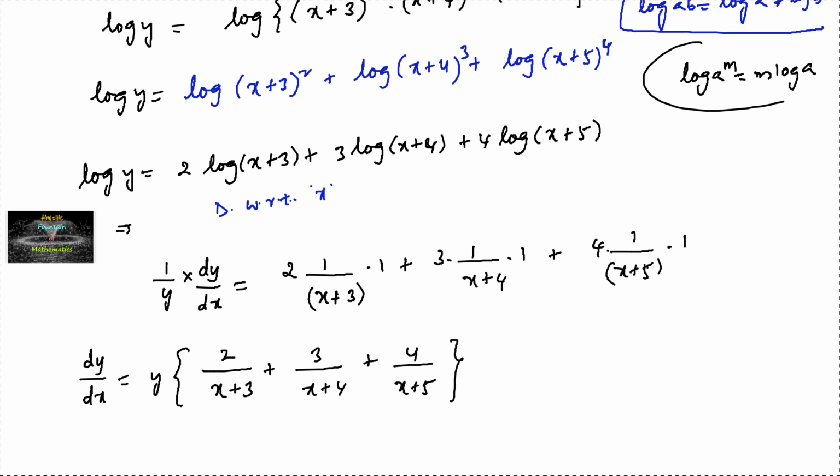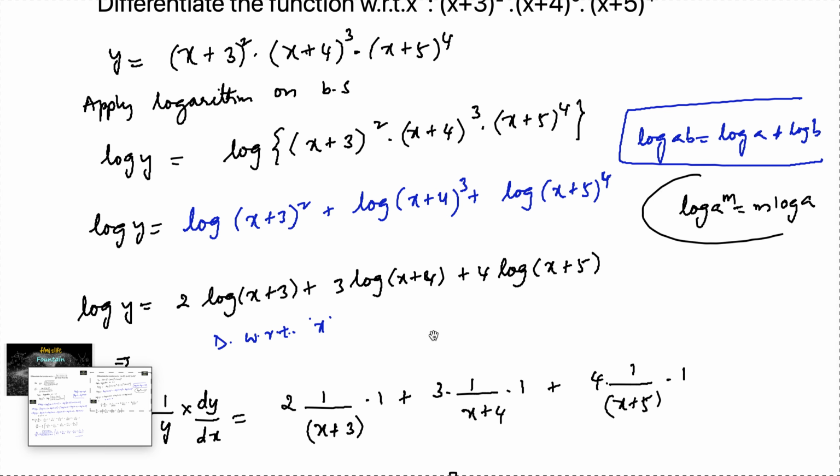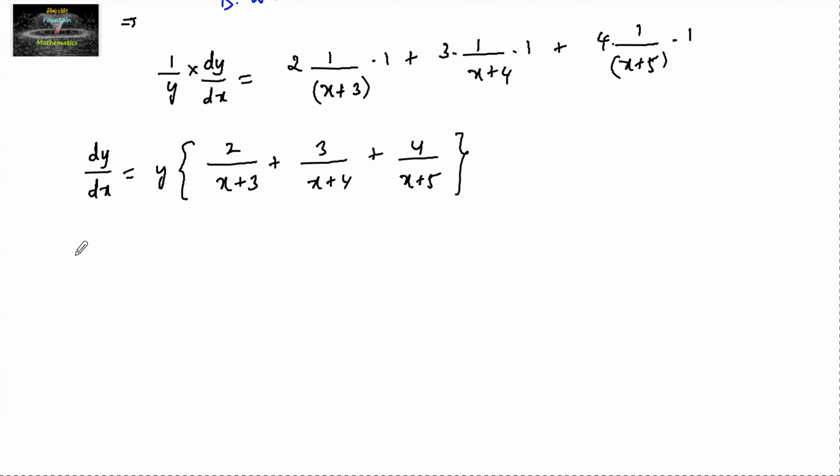Now let's substitute back what our y value is. So y is equal to (x + 3)² into (x + 4)³ into (x + 5)⁴. So let us write that. So dy by dx is equal to (x + 3) into (x + 4)² into (x + 5)²